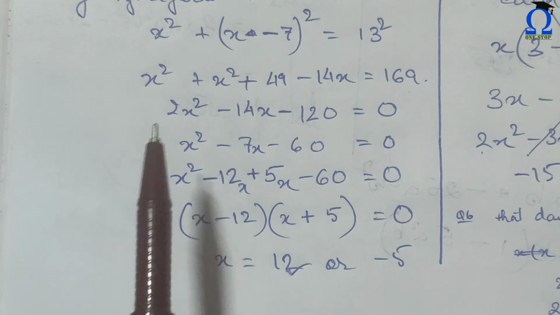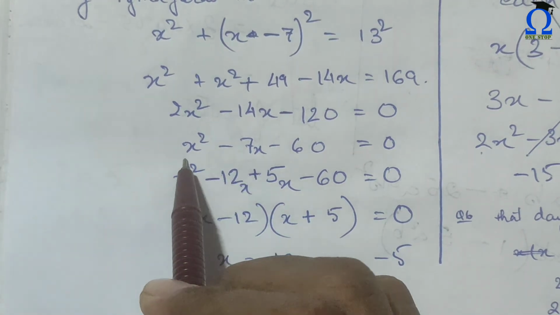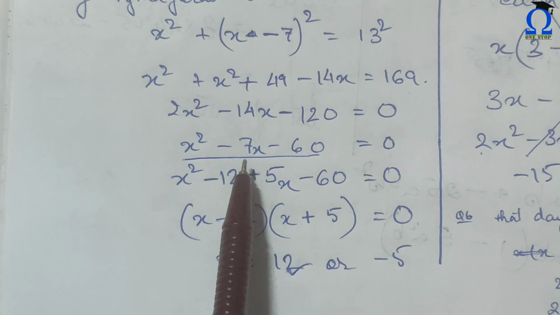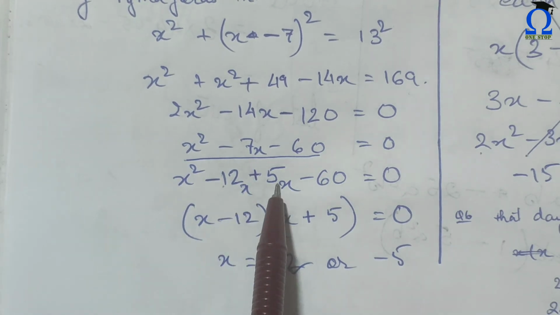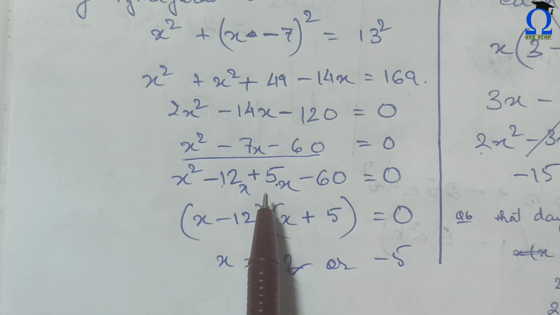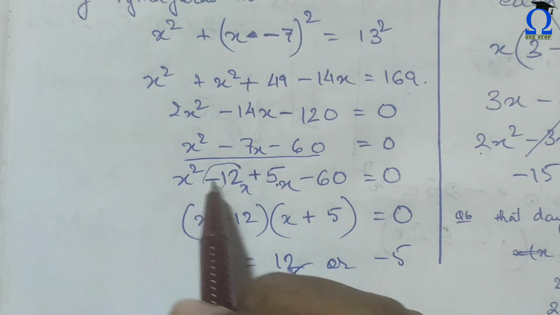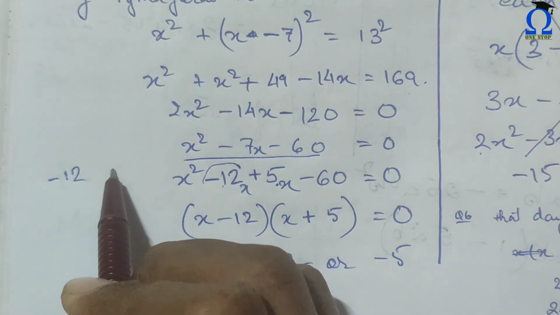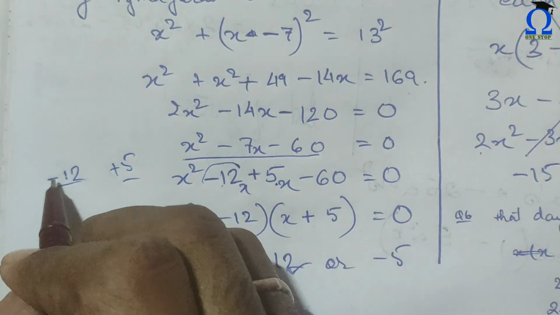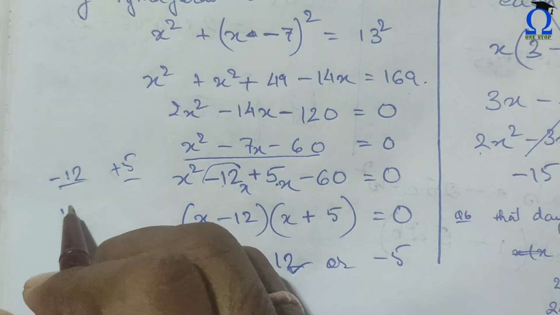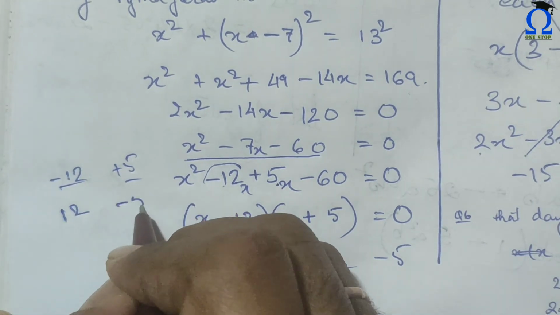Okay, see, when we have got our equation, then we need to think about two numbers, right? So those two numbers are minus 12 and 5. So directly you can write this is minus 12 and plus 5. These were the two numbers. So our answer would be the negative of these two. That means plus 12 and minus 5.